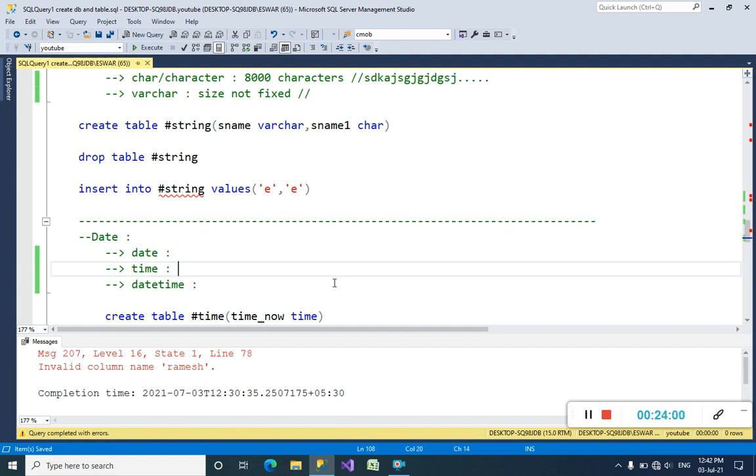Sometimes we need to store time values. Suppose some lecturer wants to store our students' attendance, then definitely the time data type will help us to store the inside time or outside time. Everything is interlinked with this time data type only. In datetime, we can store date and time also. We can store date along with time, or time along with date, by using the datetime data type.